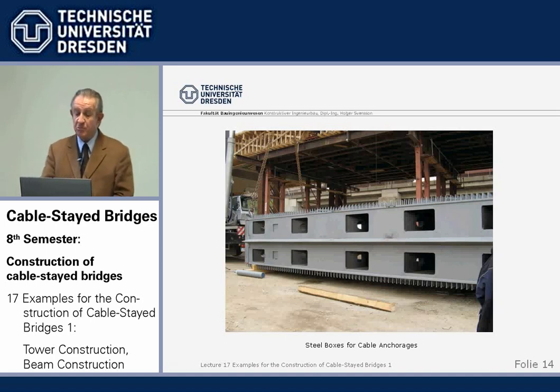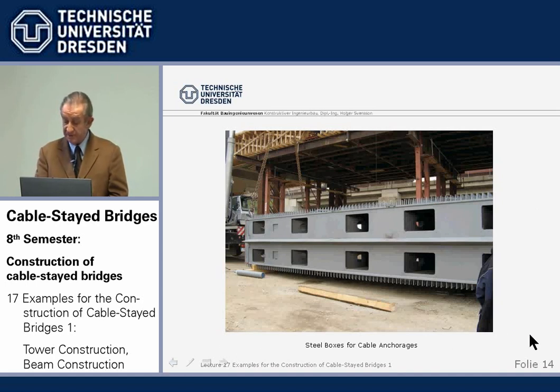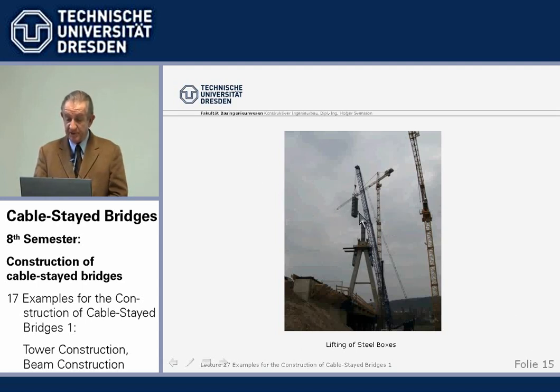We see here a box lying ready for installation. It will, of course, in the final stage be vertical. What is here horizontal? These are the openings where the stay cables run out. And here we see shear studs, Schubdübel, which carry later the vertical component into these concrete ears, which will be cast otherwise. Here is a piece of steel lifted up to be placed on top of the concrete base and